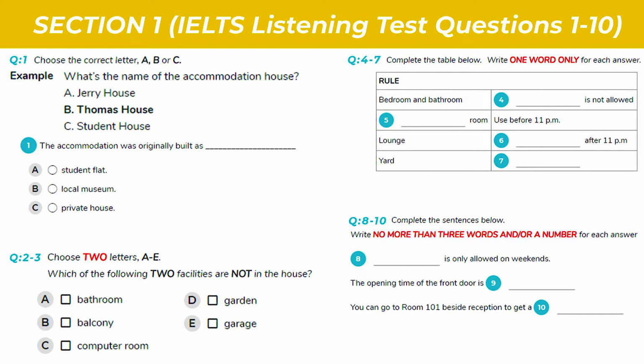Fine. The last rule is to pay attention to the opening time of the front hall. The door is locked at 11 p.m. and opened again at 6 a.m. in the next morning. Remember to take the front door key when you go out early or come back late. How could we get the front door key? You can go to Residence Office building and get your key in room 101. Sure. Well, any questions?